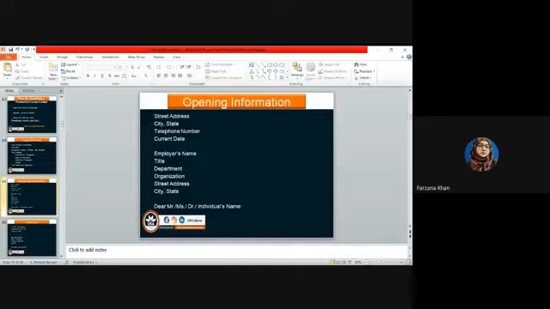In the very start, there is the address of the sender: the address, city, state. Sometimes it happens that you send the cover letter out of the country, so in that condition it is very important to mention the name of the state or the country. Then the telephone number and your permanent current address, which is very important. Even if you have already mentioned your address in the resume,